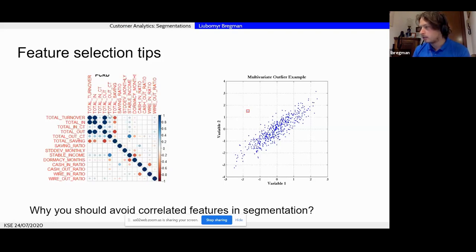As you see, the solidity and the color of these bullets or rounds correspond to the level of correlation between variables. So first guess, what should we not take into account in this segmentation, looking at this correlogram?